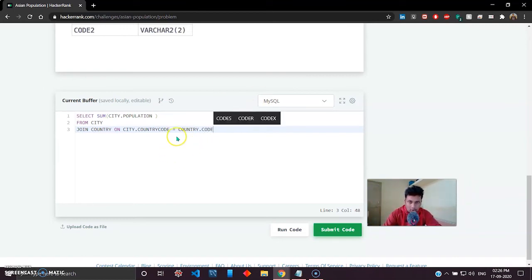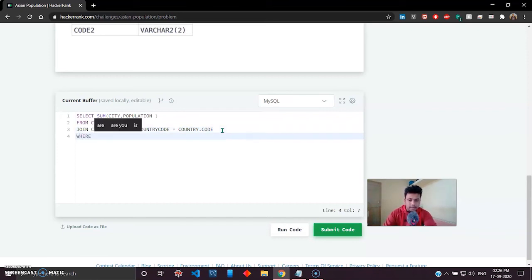So this is a common column between both the tables, so you have to use the dot operator. Okay, and then you have to put the where clause finally, where country dot continent is Asia, and end it with a semicolon. So that is how you join the two tables in MySQL.